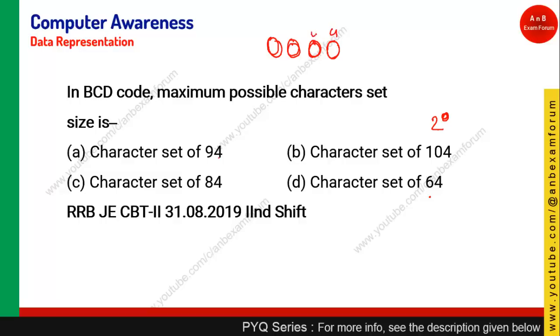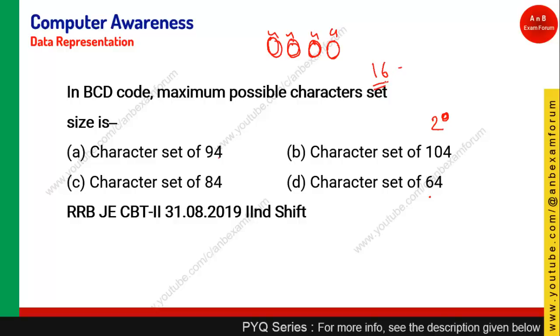So for representing 4 bits, how many characters are needed? 2 power 4, 2 power 4 is what? 16, and there are 4 digits, so 16,